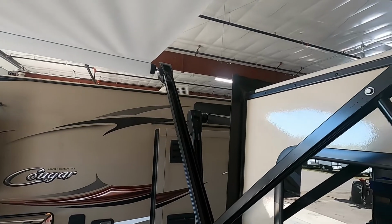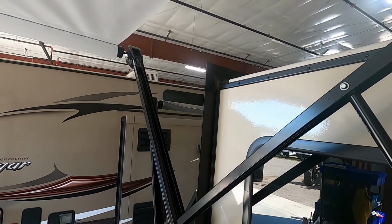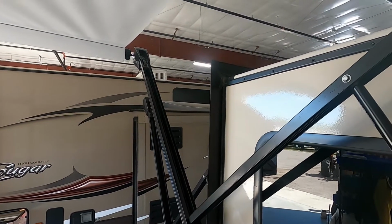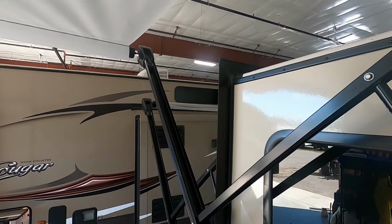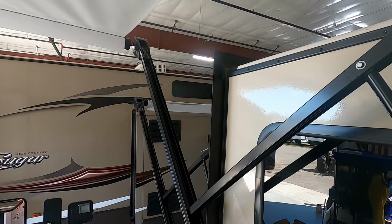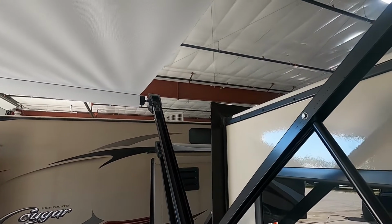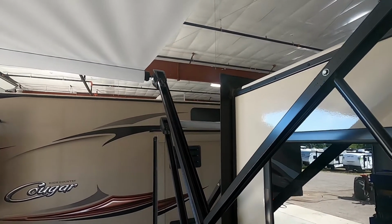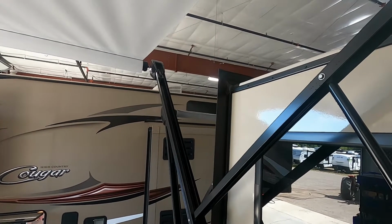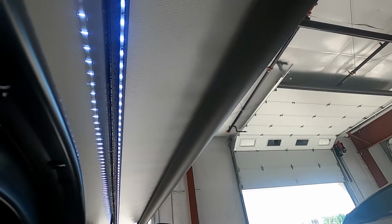Show you also the other one working. That one running out. Again, your flap falls, you're down far enough. Run these back in here for you real quick. And as we bring that the rest of the way in,